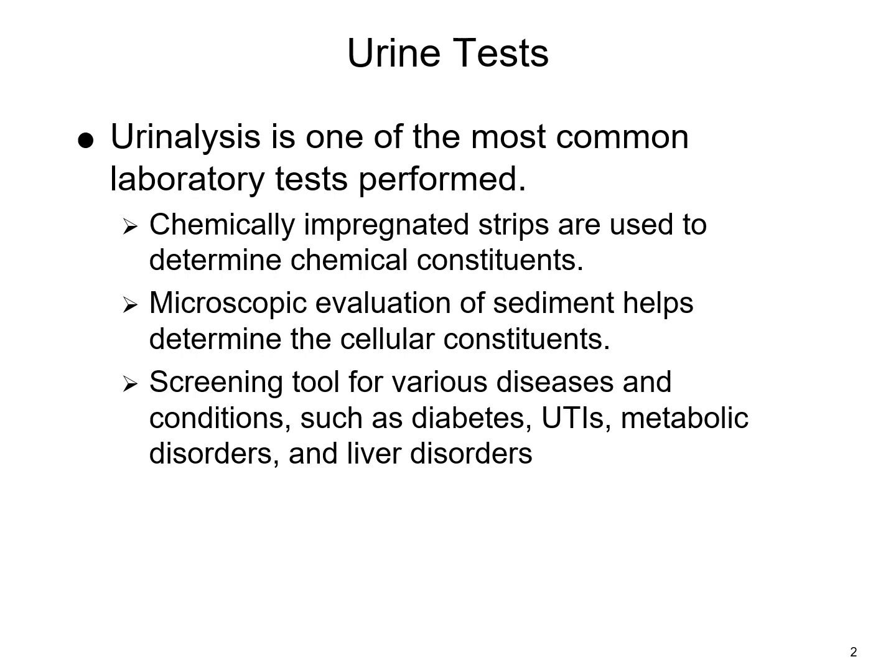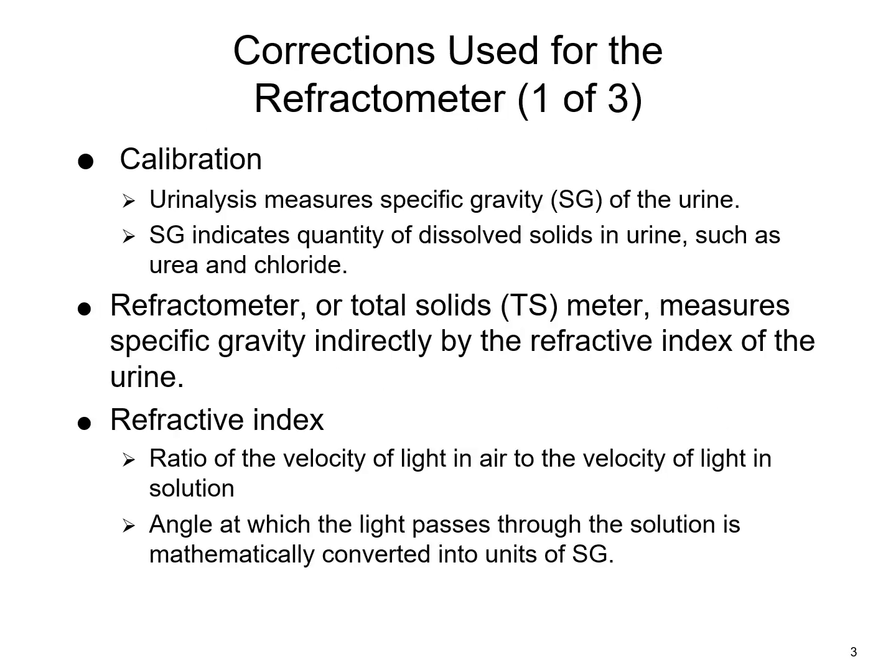And of course, urinalysis can be used as a good screening tool for different diseases and conditions, things like diabetes, urinary tract infections, different metabolic disorders, liver disorders. So with urine being one of the easiest samples to collect, it makes it a very vital and important test within the laboratory. Now, one of the parts of doing testing on urine is to check for the specific